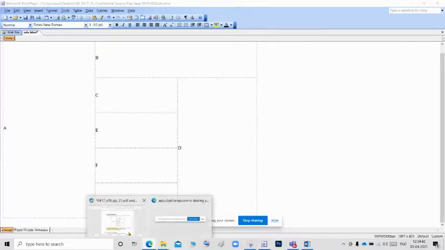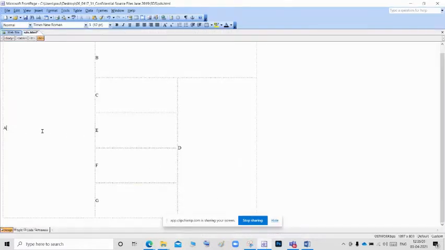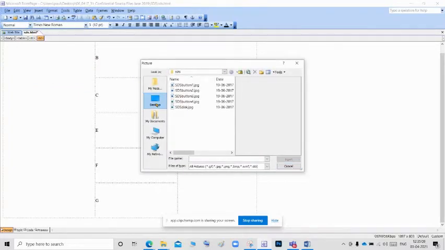Next, place in cell A the image SDS disk.jpg. Set the width of the image to 400 pixels and maintain the aspect ratio. So we are going to cell A and we are going to insert the image SDS disk. So first delete the letter A, go to insert, picture from file, go to your work area, SDS folder and select SDS disk.